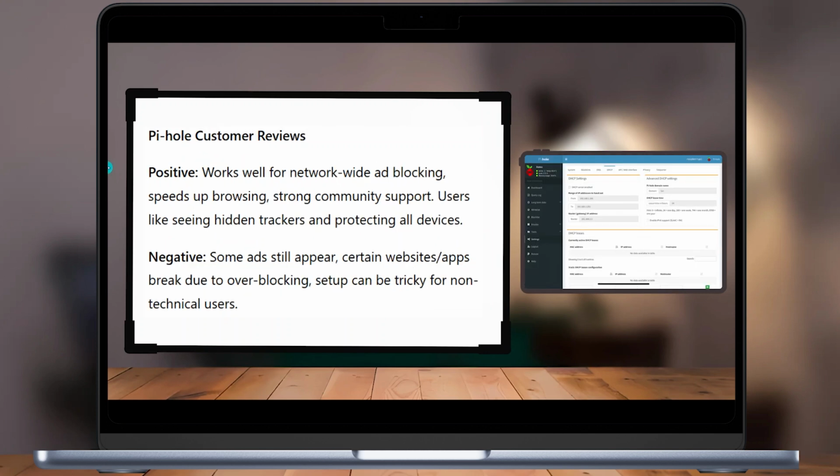Now let's talk about the customer reviews of Pi-hole. Users report that Pi-hole works well for network-wide ad blocking, speeds up browsing, and has strong community support. They appreciate being able to see hidden trackers and protect all devices. However, some ads still appear, certain websites or apps may break due to over-blocking, and the setup can be tricky